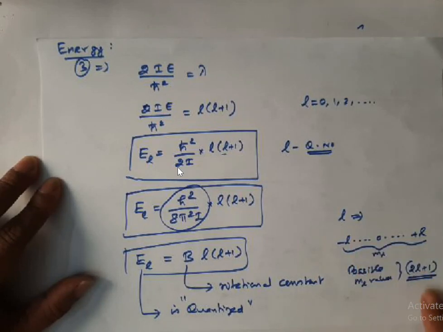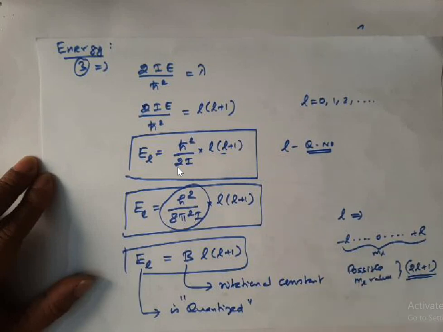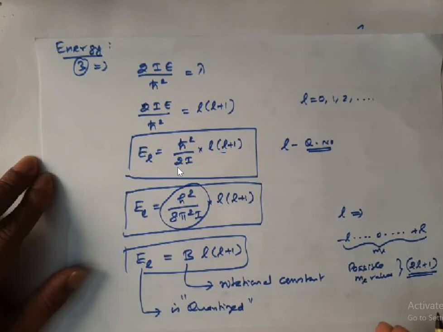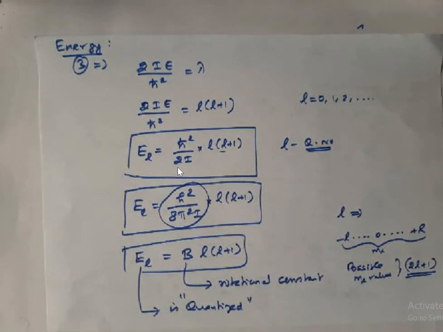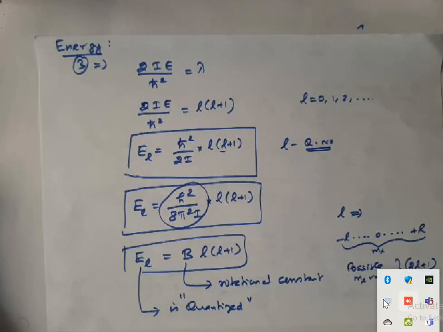So for a given value of L, there are 2L plus 1 possible ML values for the state with that value of L. Keep this information in mind. In the next lecture, I'll show you the energy